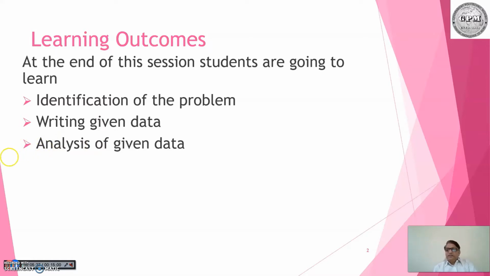So like this, if the power is given, you can find out the torque. For that, you must know what the speed is. If the speed is not available in the data, and you want to find out the dimension, in that case we should go for assuming the data. So that is the assumption of the data. For example, factor of safety: some problems give it, some problems do not. In that case we have to assume the data.